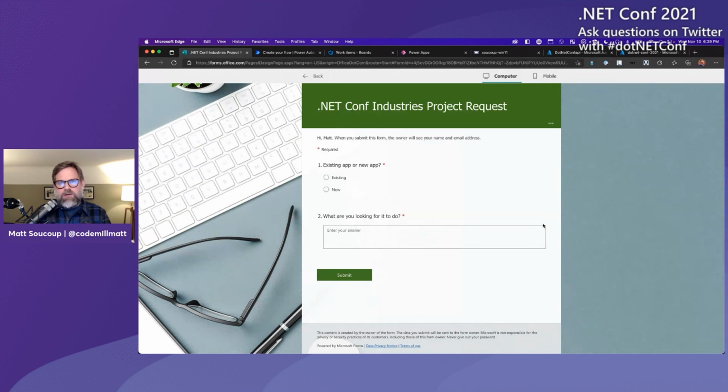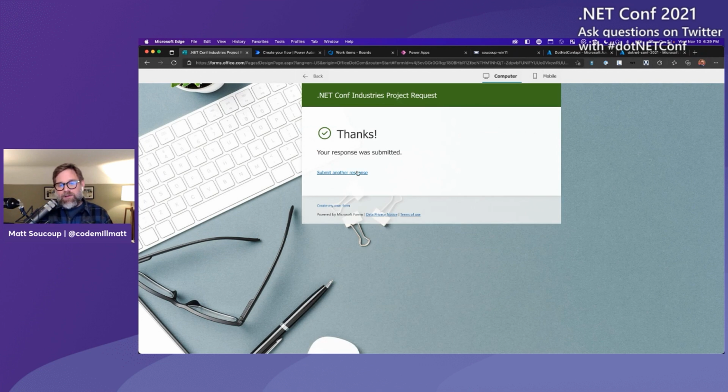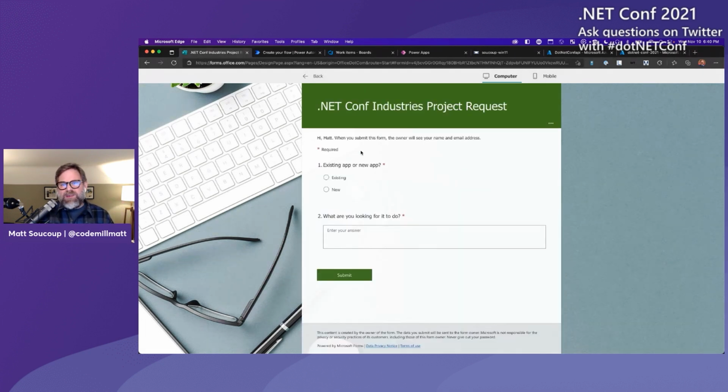content. Now imagine you're doing something with your team at work where somebody can come and say, you know what, I need an existing app or a new app created and what it's looking to do. So we just would say, this should do something cool like that, submit it, and then ideally it would do something cool. So this is a Microsoft Office Forms app. And right now, it really just puts it into more or less an Excel spreadsheet on the back